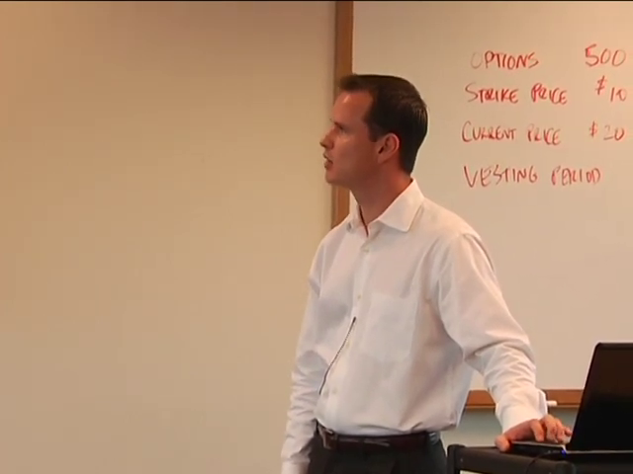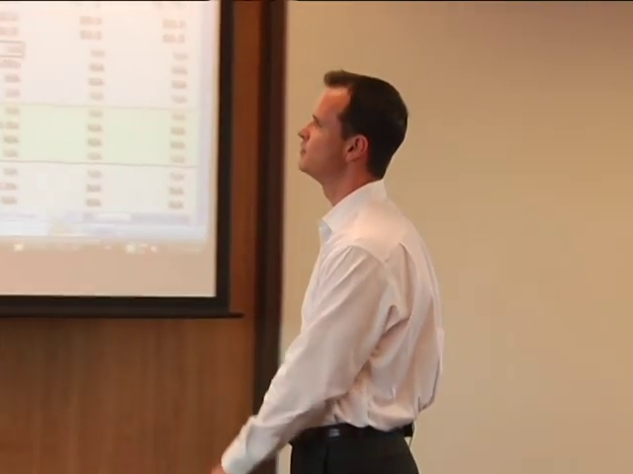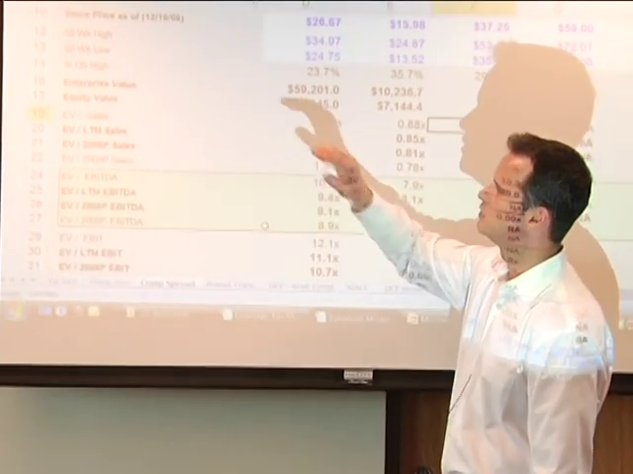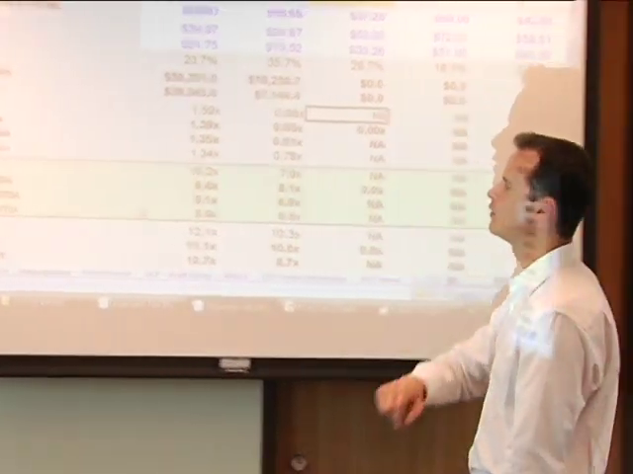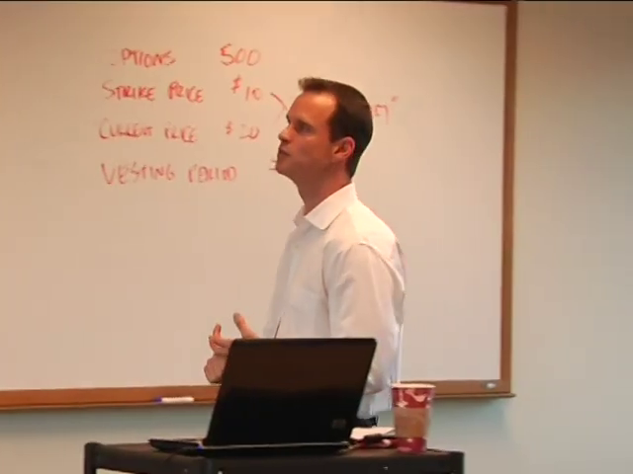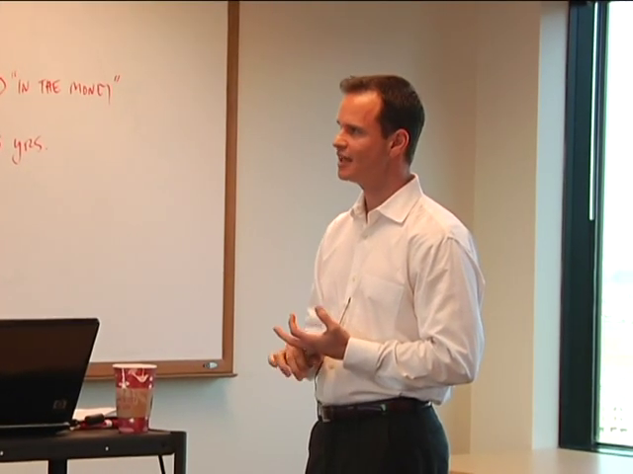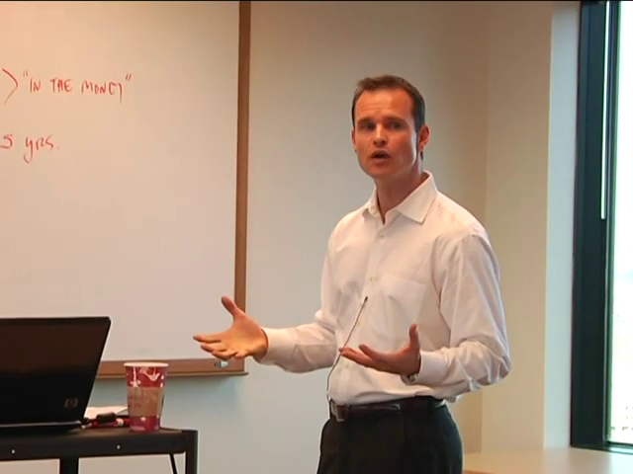Okay, then we've got our multiples. Several different multiples: enterprise value to revenues, enterprise value to LTM revenues, next year revenues, 2 years out. Same thing for enterprise value to EBITDA multiples, enterprise value to EBIT multiples. Okay, the one thing I will point out has to do not with the numbers themselves, but with the formula